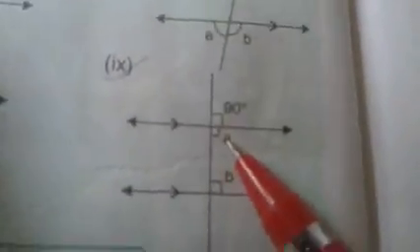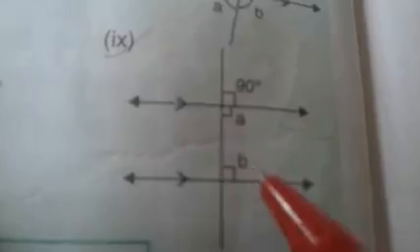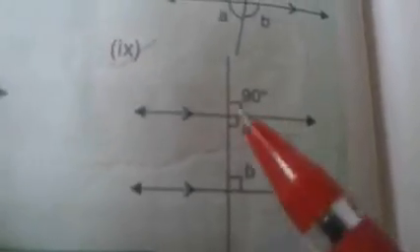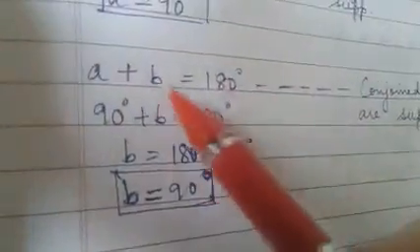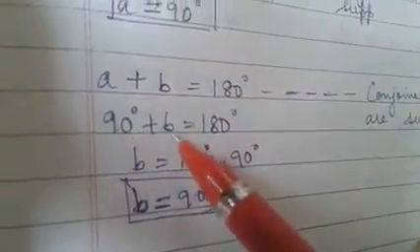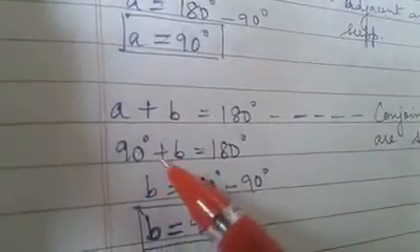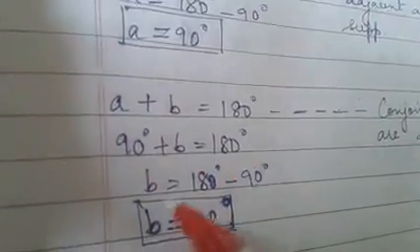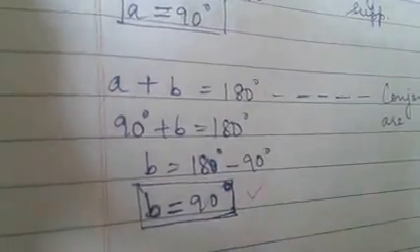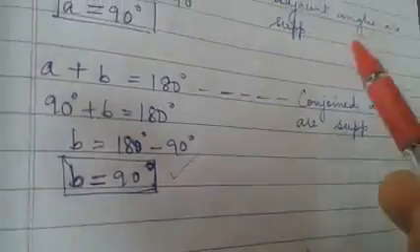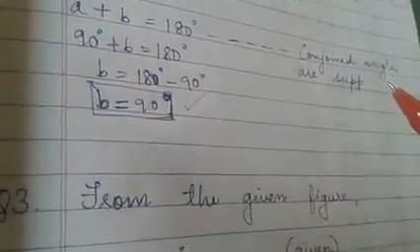Then what to do for finding the value of B? Now I have A. So you know that A plus B equals 180 degrees because co-interior angles are supplementary. Co-interior, conjoined, whatever you say, allied, whatever you say. So same way I have done it here. A plus B equals 180 degrees. 90 degrees plus B equals 180 degrees. So B, transpose this to the right hand side. 180 minus 90 is 90 degrees. Reason is important. Marks are there for reason.